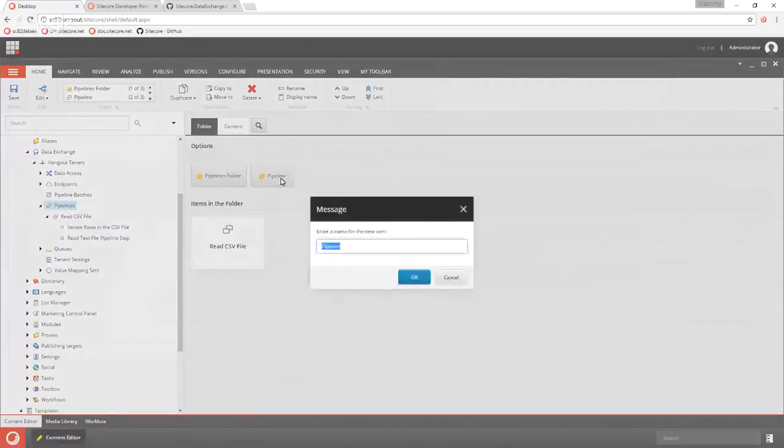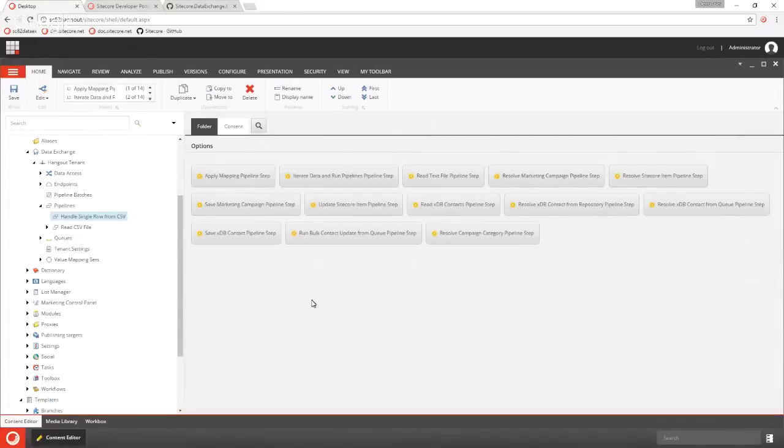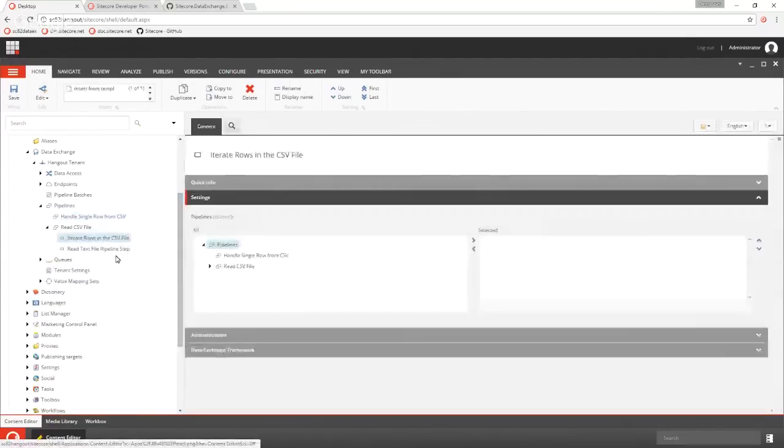Create a new pipeline, call this handle single row from CSV. So back over here, when I iterate rows in the CSV file, for each row, I want to call the handle single row from CSV.